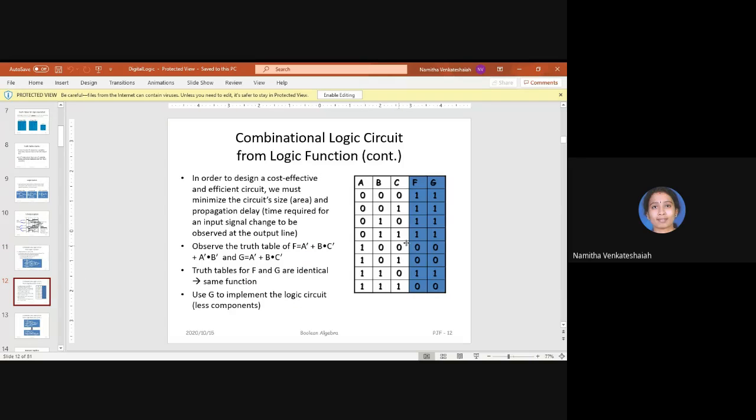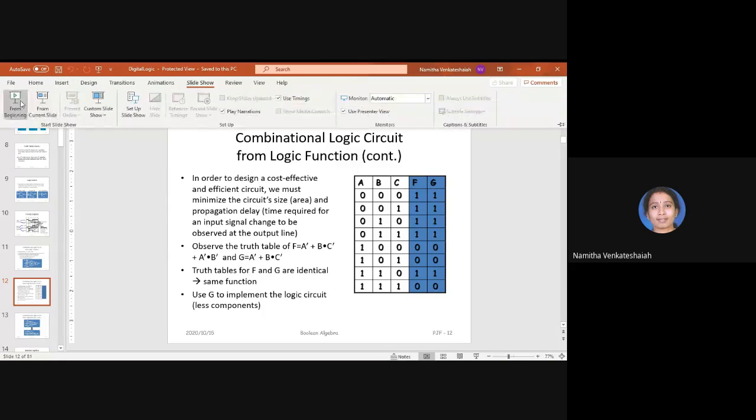So we will go further into this combinational logic circuit. Look at the truth table here. How many inputs are there? 3 inputs are there, A, B, C. F is one output, G is one output. If you observe, both F and G are the same output. But here you observe, I'll make it a slideshow. Here you observe,